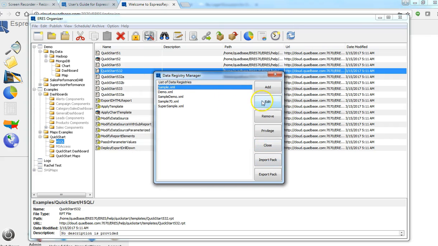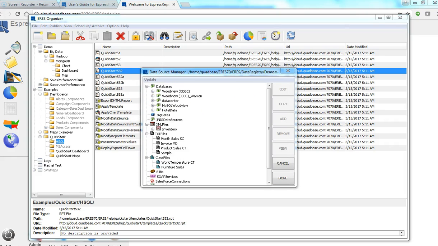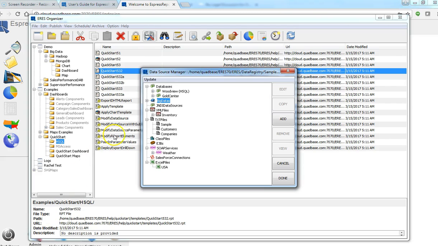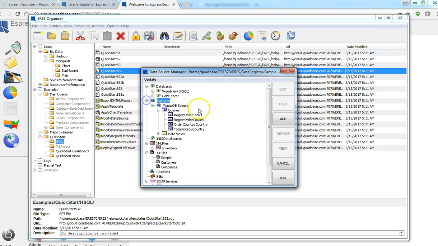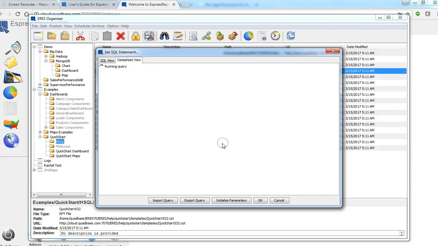We also support big data. Currently we support Hadoop, Spark, and MongoDB. Here we have a connection to MongoDB. Let's take a look at one of the queries here. This is the query that accesses data from MongoDB. You can take a look at what the data looks like,